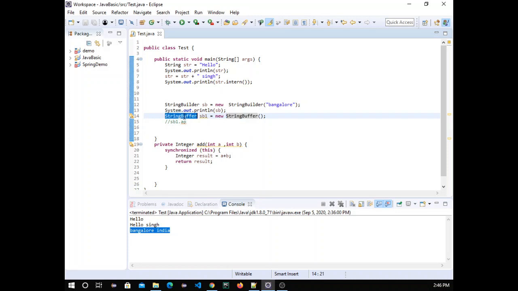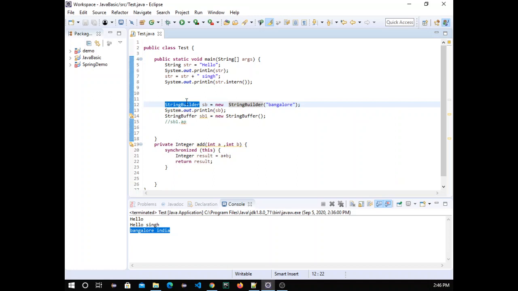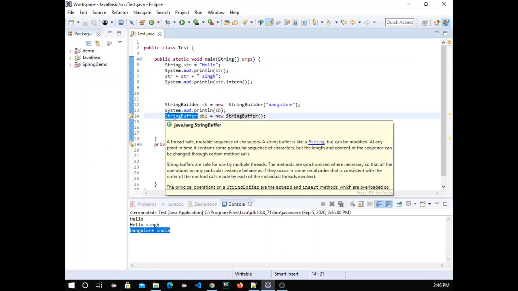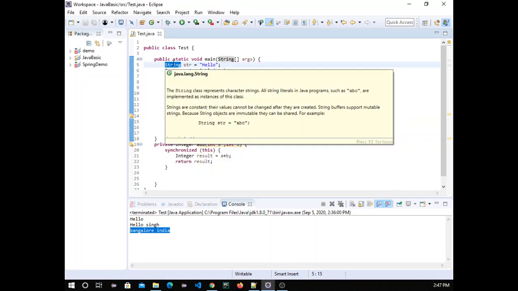So StringBuffer is synchronized, and StringBuilder is non-synchronized. Usually in interviews they will ask what the difference is between StringBuilder and StringBuffer. The major difference is that String is immutable, meaning we can't modify it.